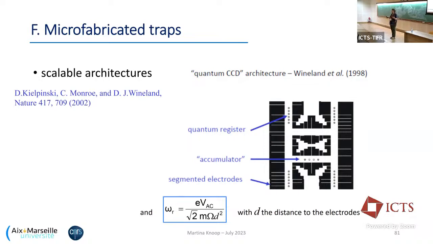And you can easily understand that if you try to make a 3D structure in a certain sense, this is not possible. This becomes very complicated. So one of the ideas was to go to a 2D structure. So we're going far away from the initial Paul structure, from the quadrupole with the equipotential lines, but going to a 2D structure, which allows with a certain number of electrodes to produce a potential which is close to the one of an ideal Paul trap, and which allows this manipulation, addressing, and